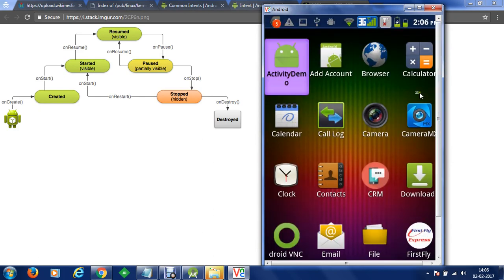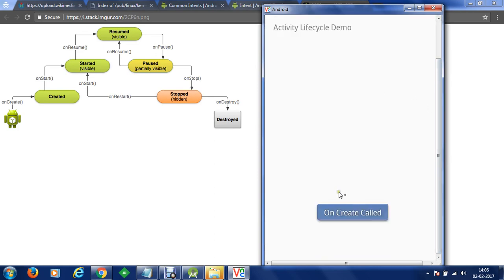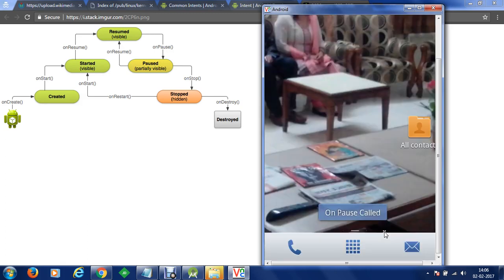Now as soon as we run, at the very bottom you can see that onCreate has been called, then onStart has been called, and onResume has been called, and your activity is visible at the moment. Okay, is that clear? Now if I click on home screen, onPause is called and onStop is called.